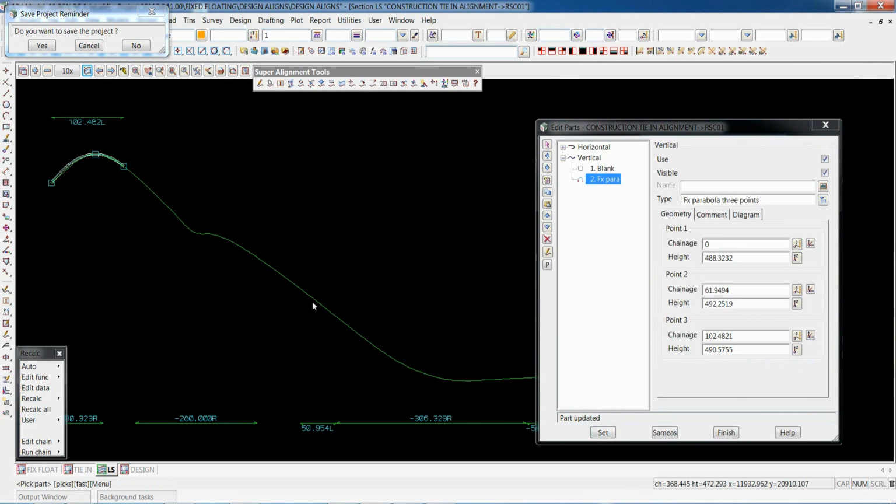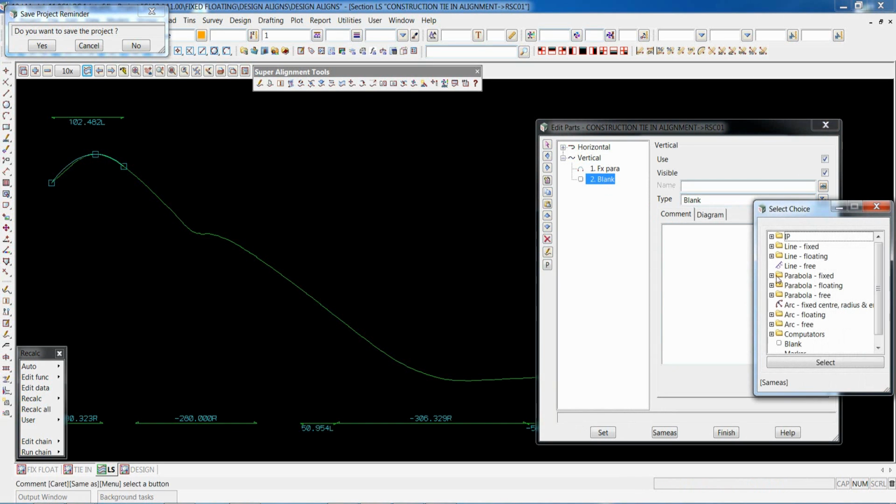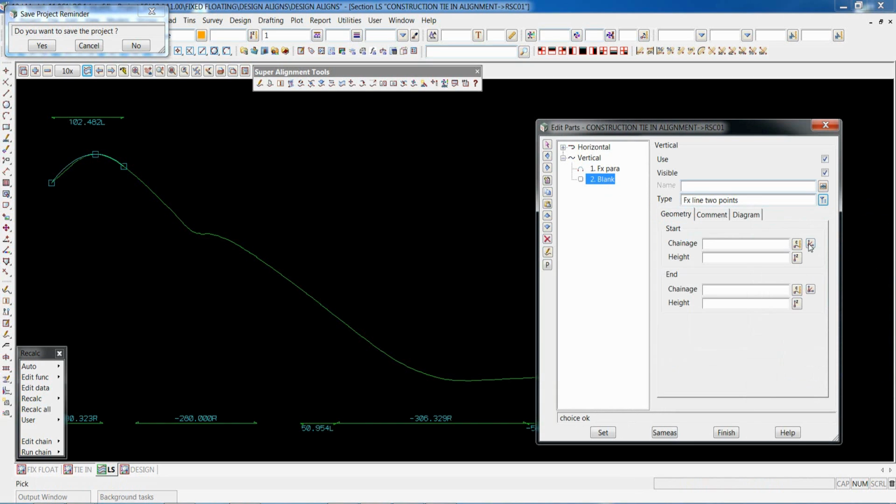So now looking at the areas that we're going to tie in, and again these parts can be out of order. I can go down here and do this bit, then do this bit, and then join the bits in the middle with the appropriate elements in relation to either free or floating. But I'm just going to work my way down the alignment string. So now I want to put a matching grade on this part of the road. So I'm just going to put in a fixed line. So again, I just pick up the line, 2 points. So now it's talking about change height points rather than X, Y in the horizontal.